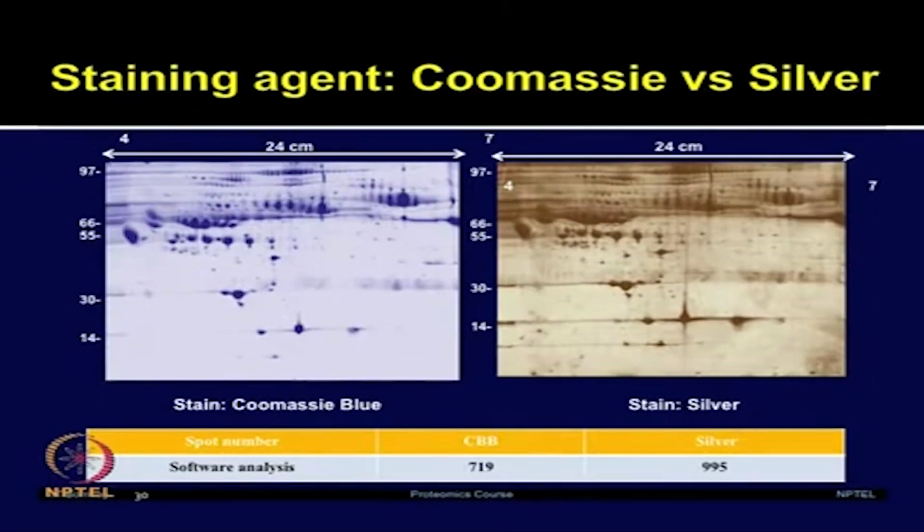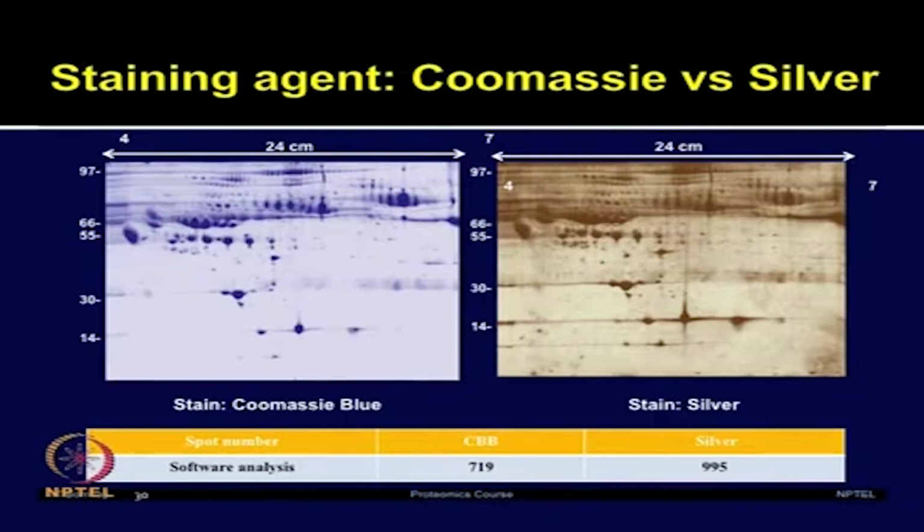We also looked at the effects of various types of staining, whether Coomassie blue staining or silver staining. We definitely identified more spots from silver staining, but because we want to compare a large number of clinical samples with the different healthy controls, it was very difficult to standardize the conditions to keep silver staining uniform. To overcome this limitation, we used colloidal Coomassie and biosafe Coomassie staining, and we standardized the same conditions